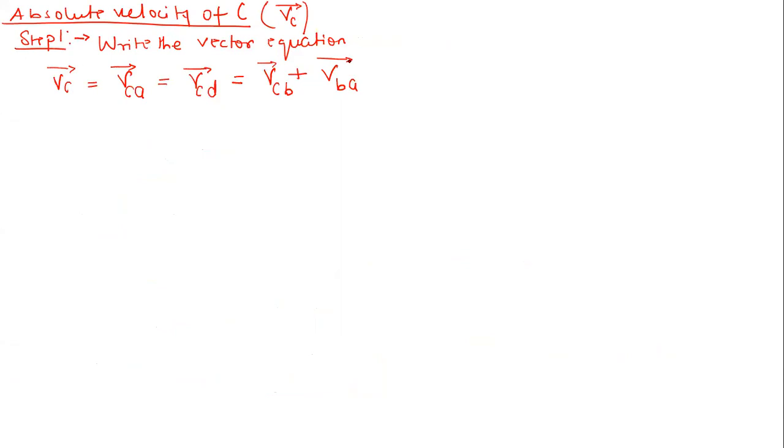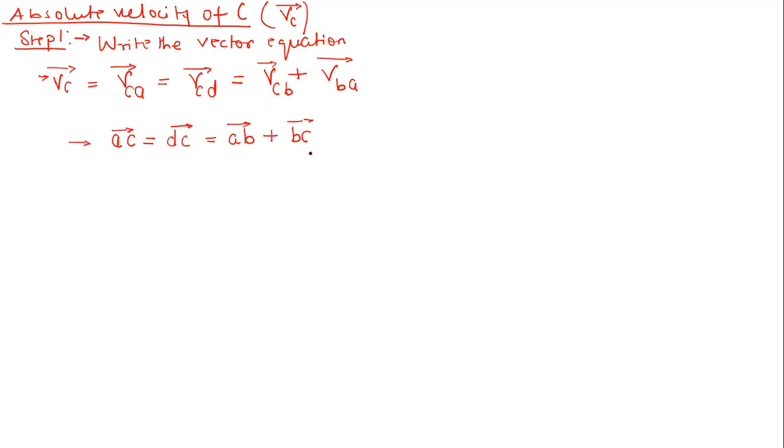So this is your vector equation. This is just to give you a general idea before going to the graphical analysis. Now we can simply write down this whole equation as AC. AC is equal to DC is equal to AB plus BC. So this is very simple. We can write this equation in this form: AC vector is equal to AB vector plus BC vector.